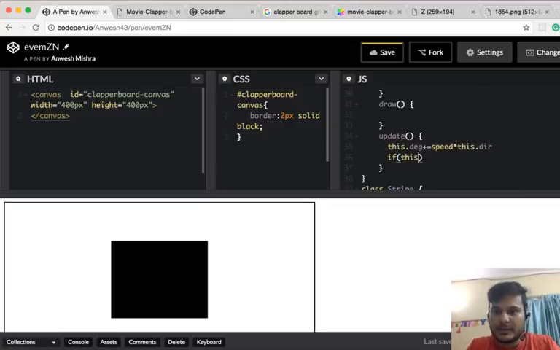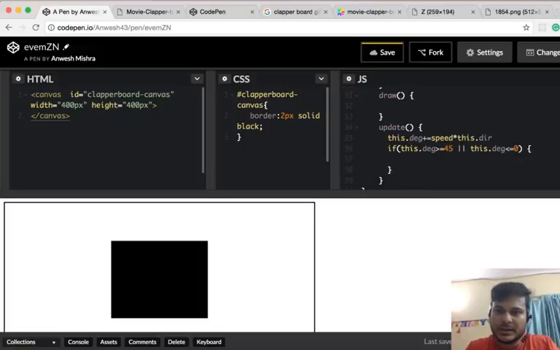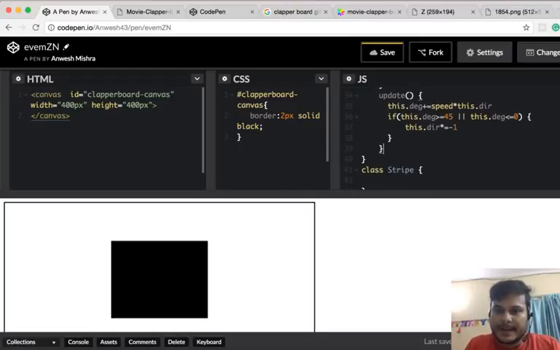If this.tick is greater than or equal to 45 or this.tick is less than or equal to 0, this is the range. It can be greater than 45 or it can be less than or equal to 0. So at that point we have to change the direction. To change the direction we just multiply it by -1. This.dir *= -1. Now